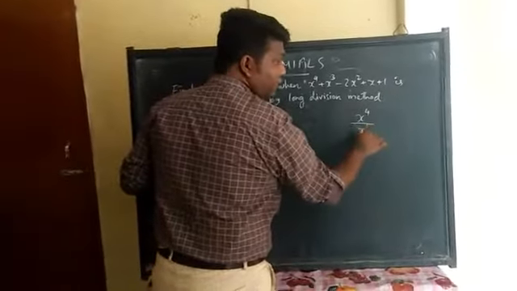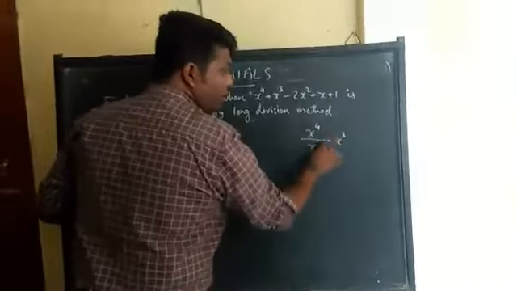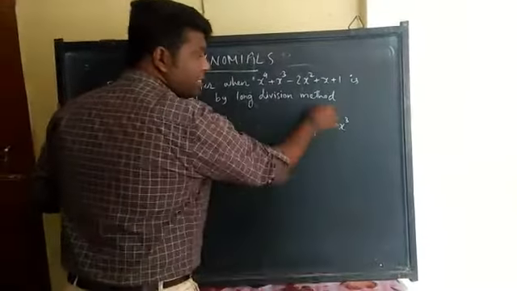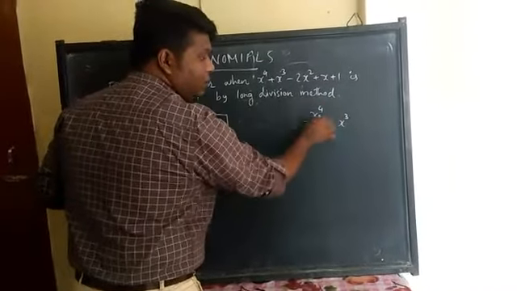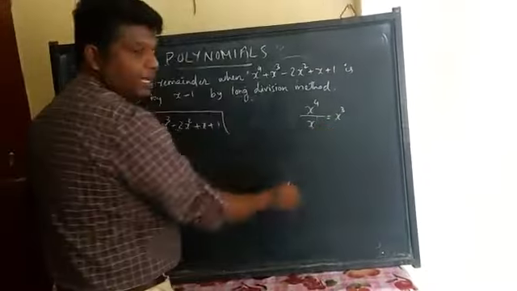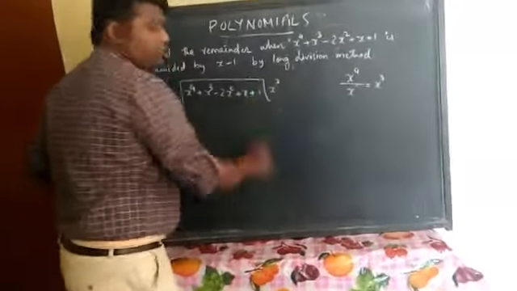ये x का मतलब x raised to 1 है. ये डिवाइड करते हुए कितना मिलेगा? x raised to 3 because 4 minus 1 that is 3. नहीं तो इधर के एक x, इधर 4x है, उसमें से एक x कट हो जाएगा, ऊपर वाला एक x नीचे कट हो जाएगा, तो बाकी जो बचा है x cube है, 3x है ना? So x cube, that one you have to write here, x cube.